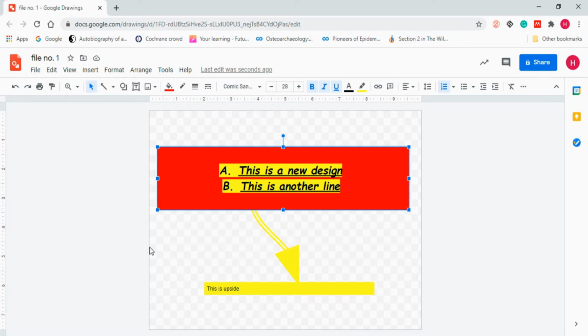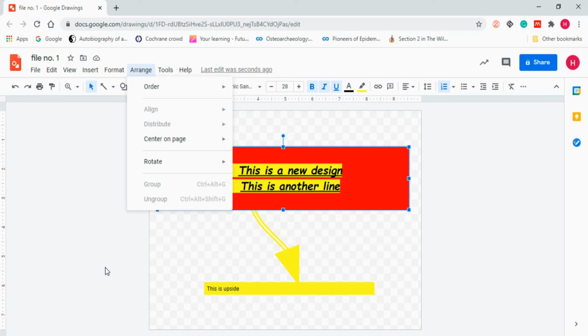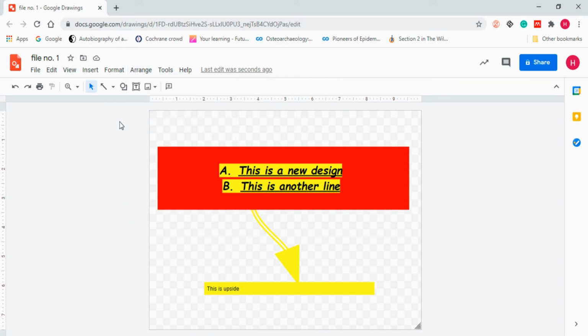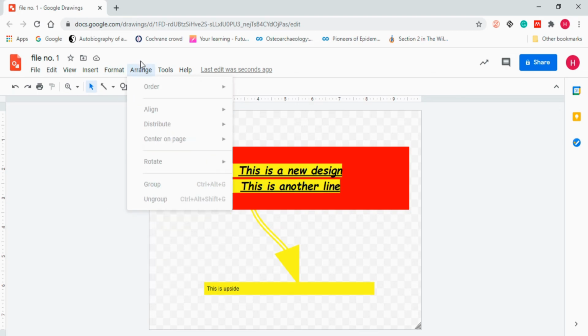Not everything will increase as per the grouping section, because grouping just clusters them and makes them one object. Like you can see these are three objects, but when I group them, they are called only one object. When I ungroup them, these three again become three different objects. And this is how the grouping and ungrouping section works. Now when I click on a single object, you will be able to see the center of the page and rotate. So I hope you have understood everything about how you can open up the order, align, distribute, center of the page section, and how you can use group and ungroup.